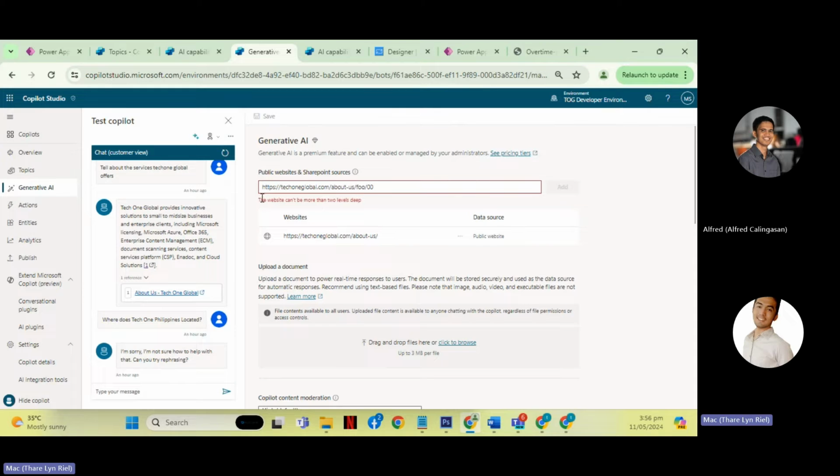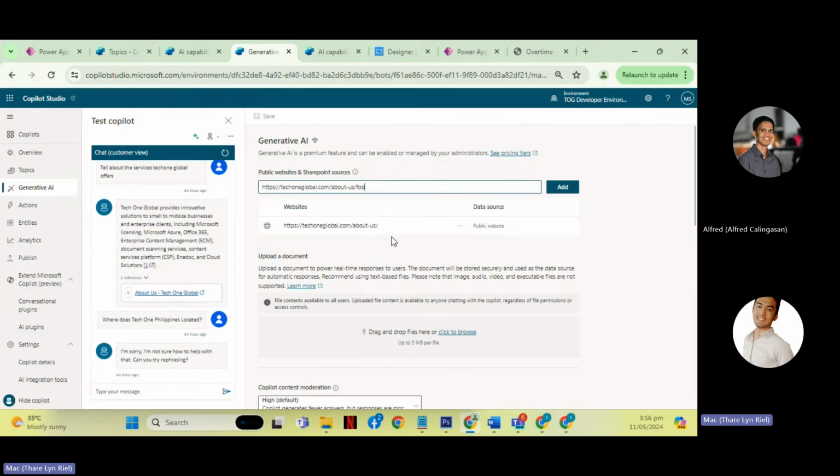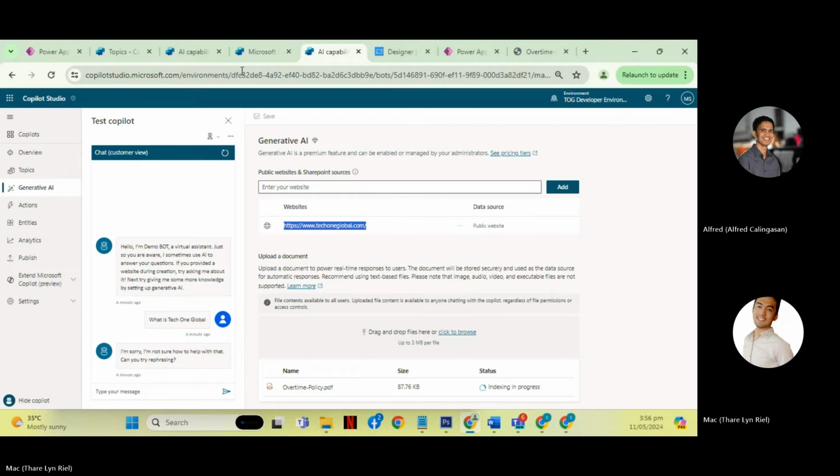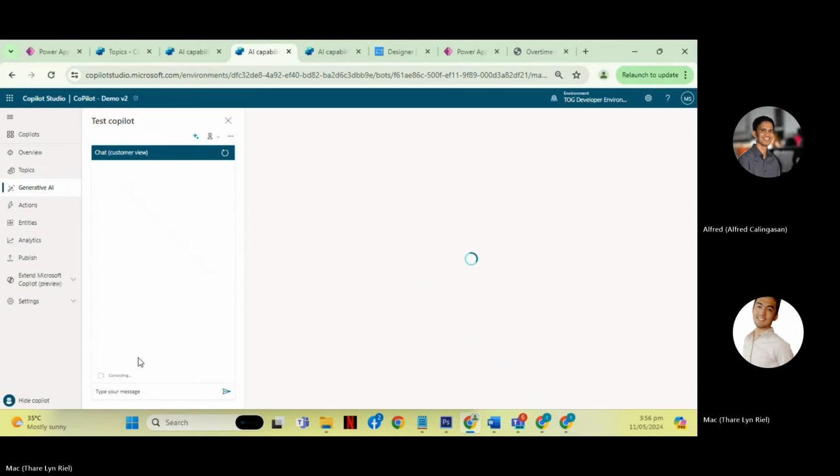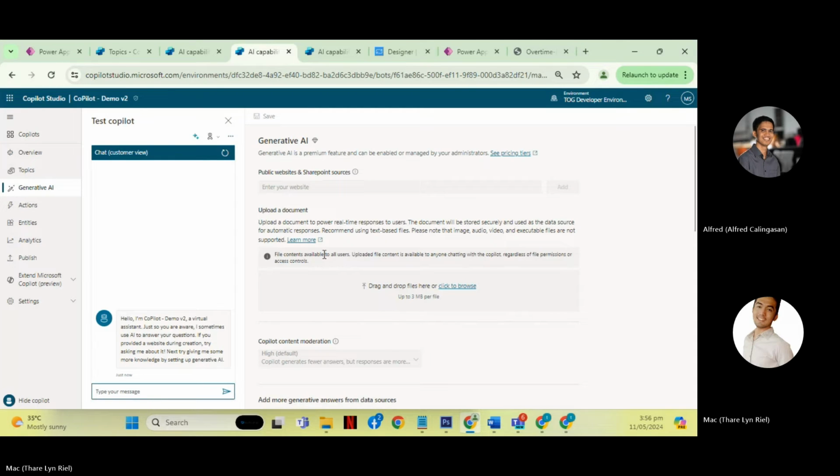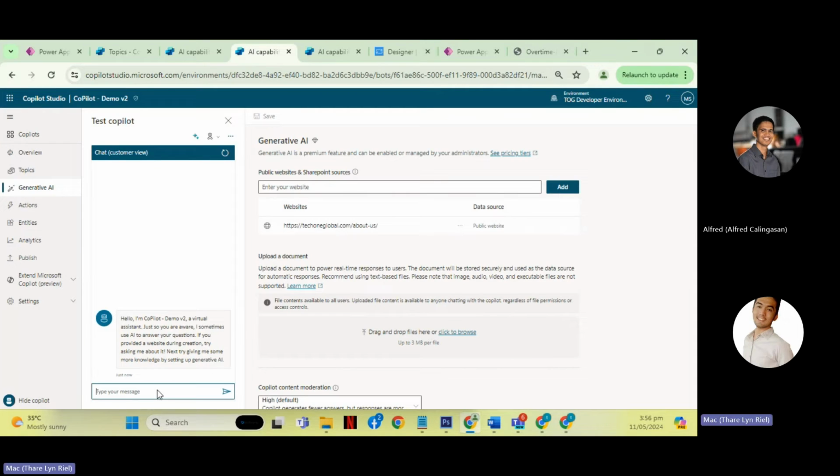As you can see, the website can only be two levels deep, so you can only add websites up to this. But we won't be adding that. Let me refresh this first, and let's try to ask this.